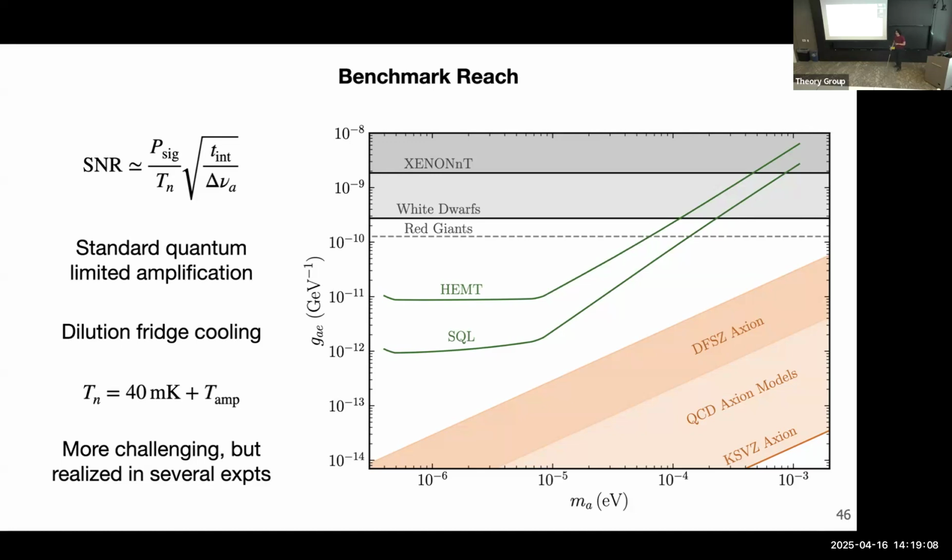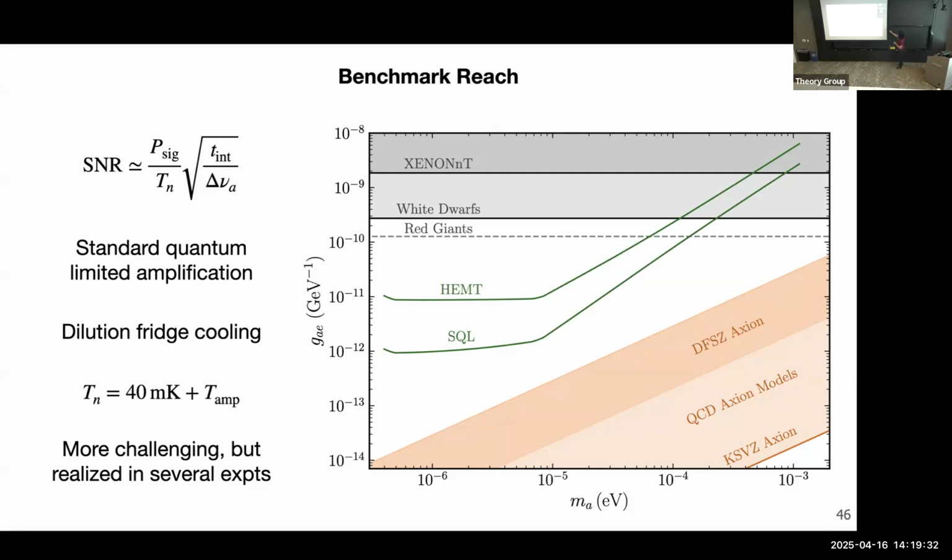Best place, it's just an order of magnitude. Yeah, but that's just because these normal amplifiers are actually pretty good. I think they're not so bad. Yeah, it is an order of magnitude, but remember that's 2 orders of magnitude in noise temperature because it's squared. So actually, if you're ADMX, you care a lot about every last factor. But this is not what I want to do if I want to probe QCD axion up here.